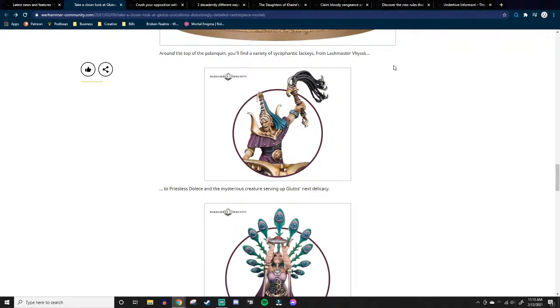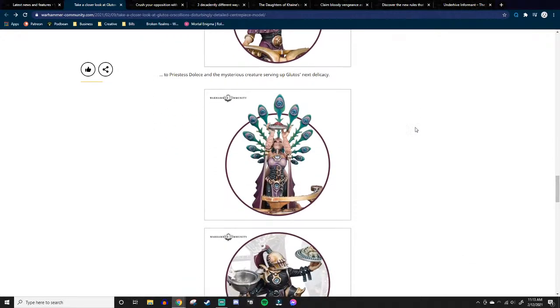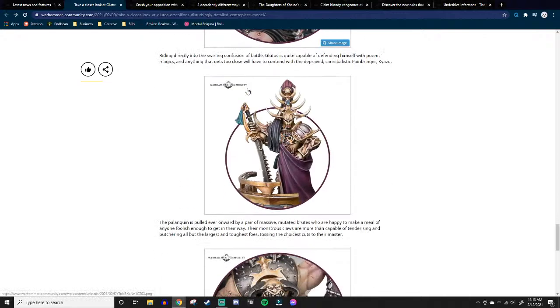Okay, so here we go. We have Lash Master Visk. We have Priestess Dolise. I like it. And the mysterious creature serving up Glutos' next delicacy. So what, halfling? Yeah, let's see. And Glutos himself reclines leisurely. Yeah, Lord